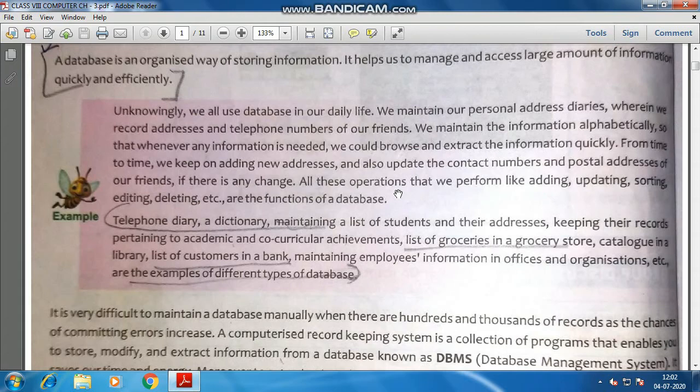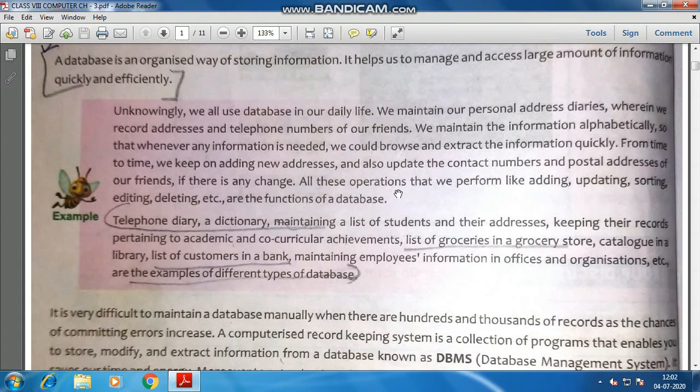So schools used to keep every student's record with them. Basically, we are dealing with both techniques, the traditional one and the newer one. The traditional one means we have registers, and we take forms from the students who want to take admission in the school. That is the traditional method, right?